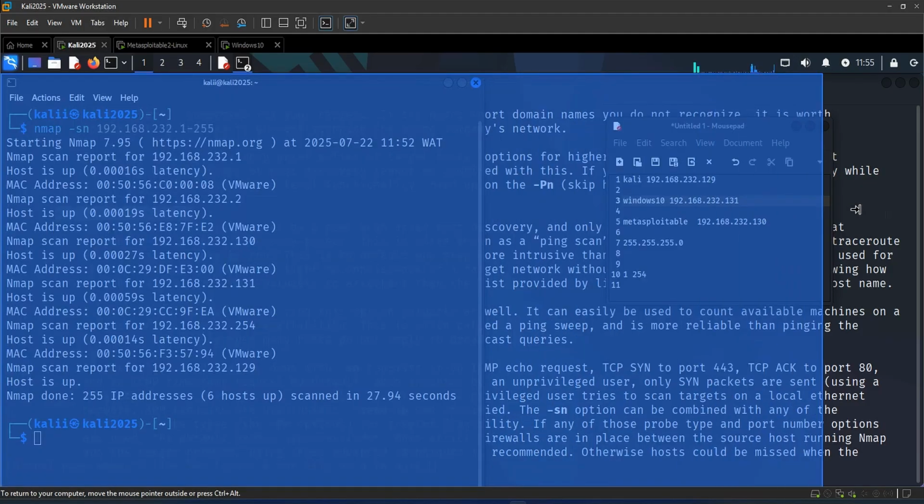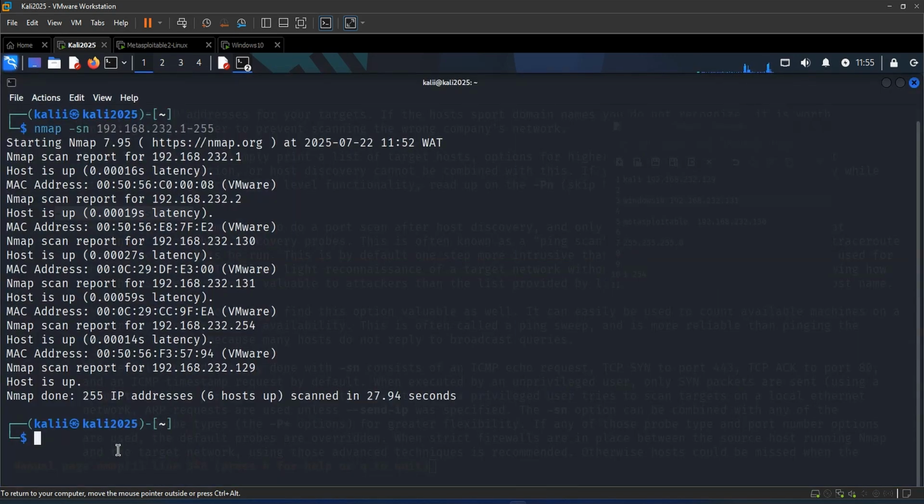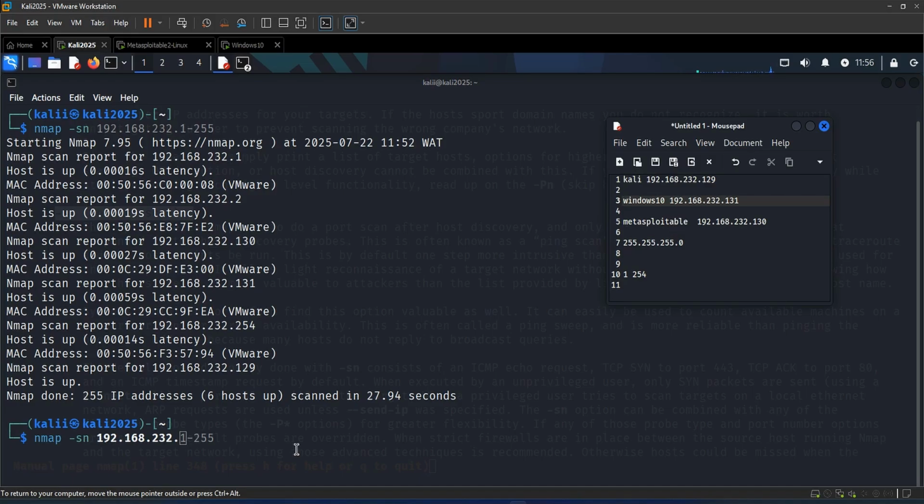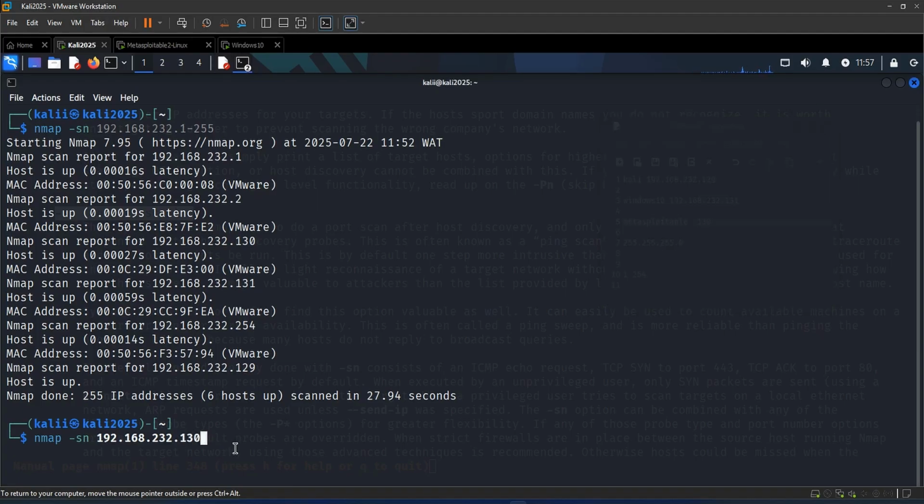Now with Nmap, you can scan any port you want. If you can remember in our previous scan, we were able to scan the first 1000 ports. But what if you want a situation whereby you choose a specific port or you want to scan one port? This is what you do. Here, we're going to scan the Metasploitable machine and that ends with .130. So I'm going to input 130 here, and instead of -sn,